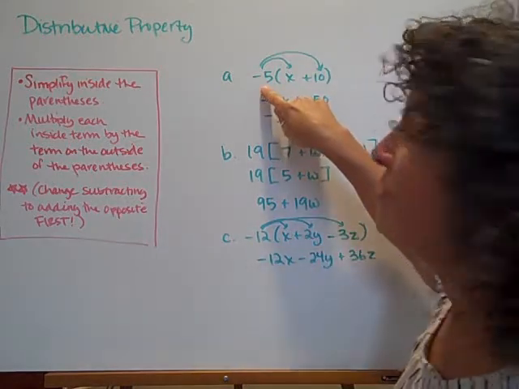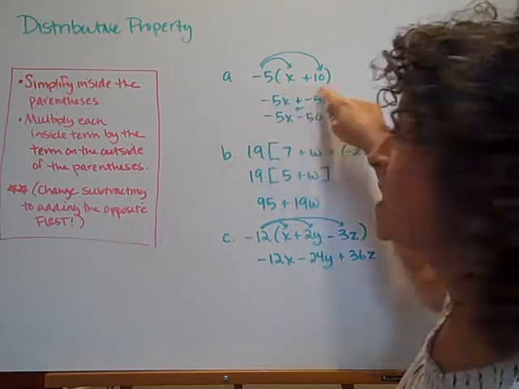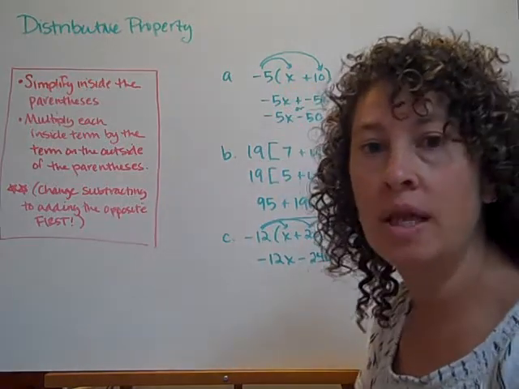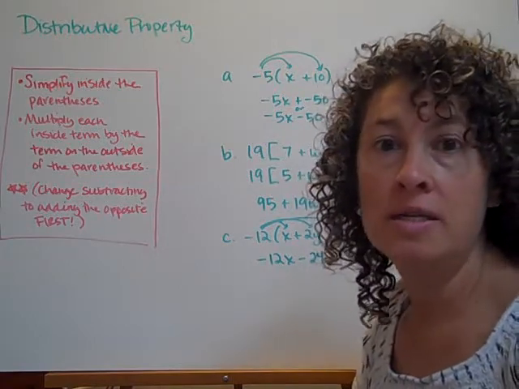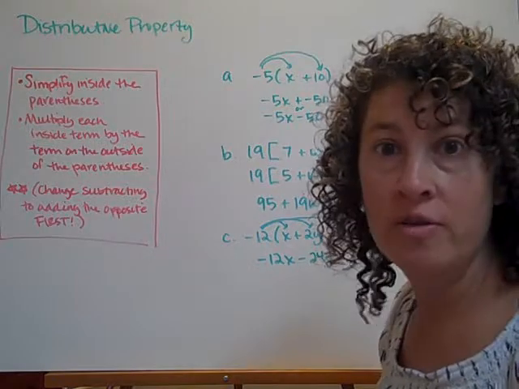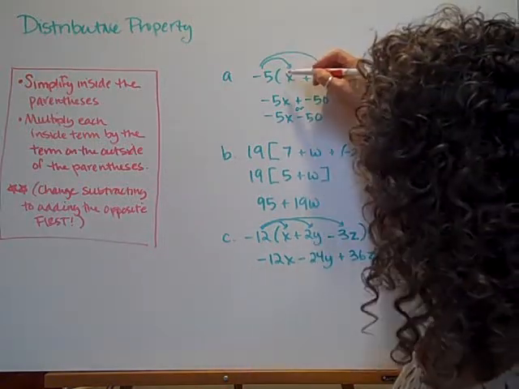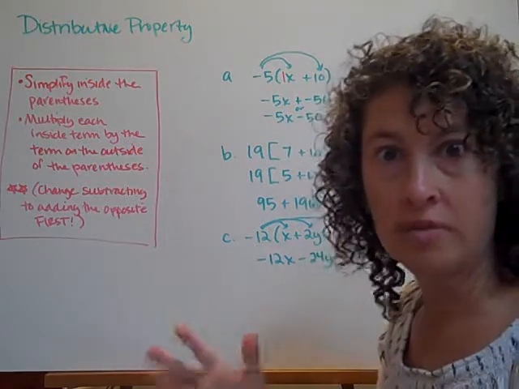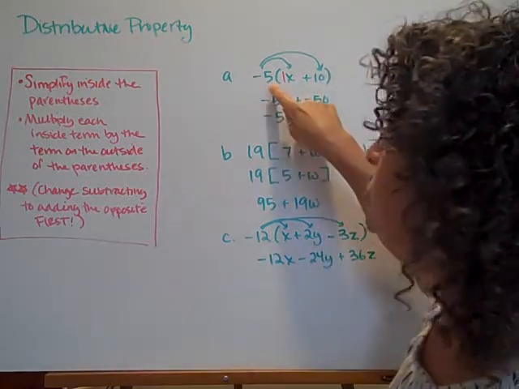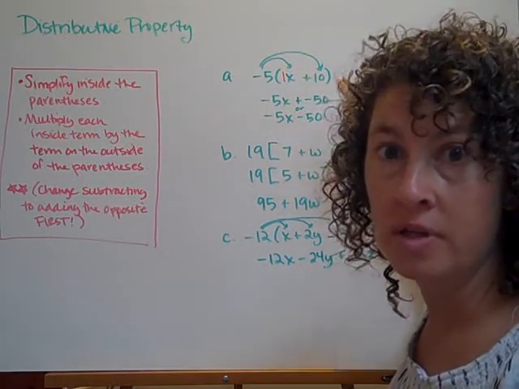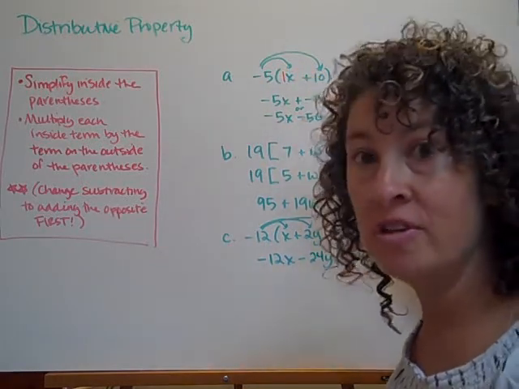Here we have -5, and then in parentheses x plus 10. Inside the parentheses I have x plus 10. Those are not like terms, so I cannot combine them together. We have a variable here that doesn't have a coefficient, that number in front of it. We know that it's got a 1 in front of it automatically. That's kind of a given. So to distribute this -5 that's being multiplied by everything, we're going to multiply it by everything in the parentheses.